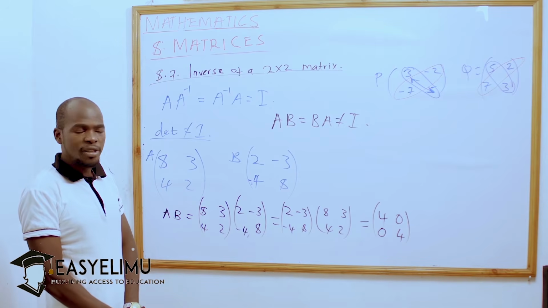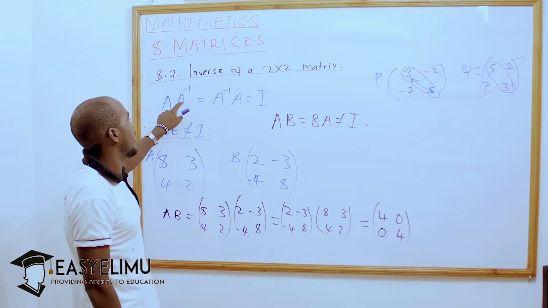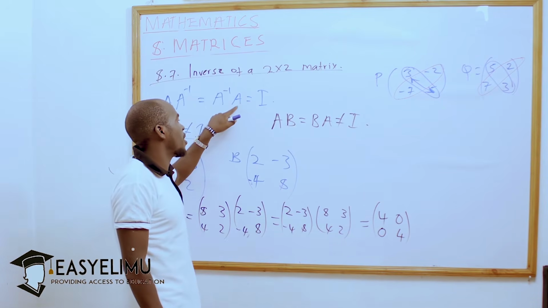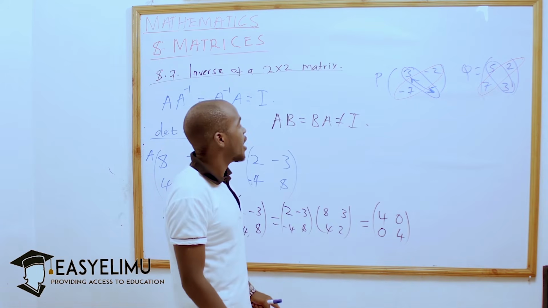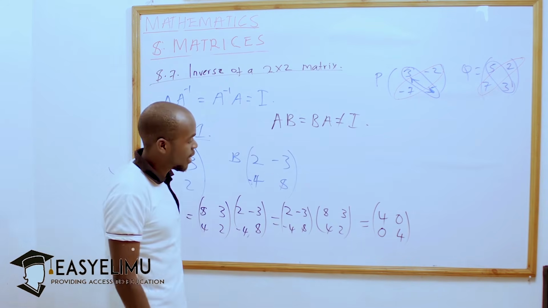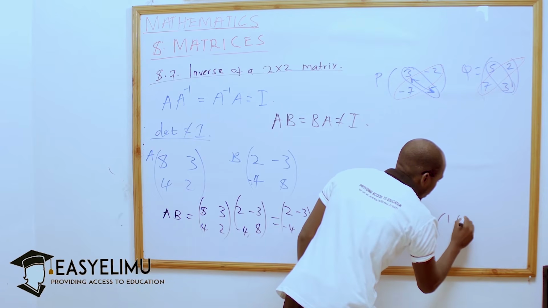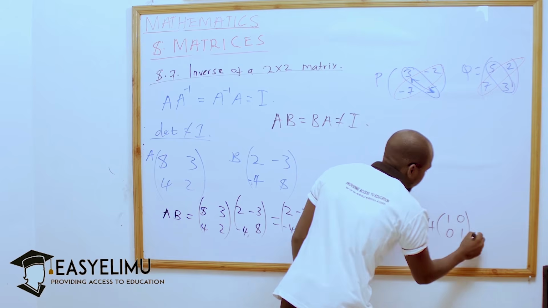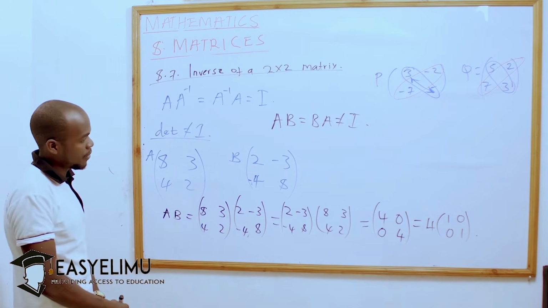We did say that A multiplied by A inverse, or A inverse multiplied by A, is equal to the identity matrix. But here we can see it is 4 times the identity matrix, in that we can factor out 4 and we shall find that we are having the identity matrix out. So from there we can now notice that